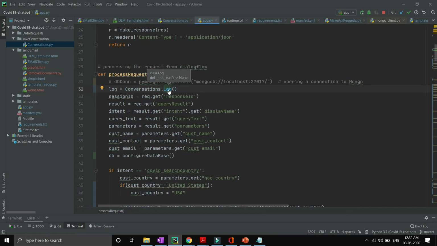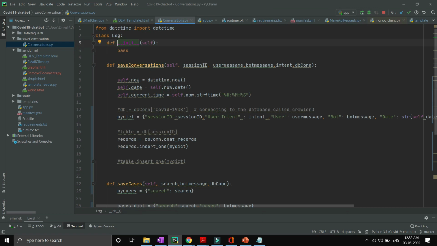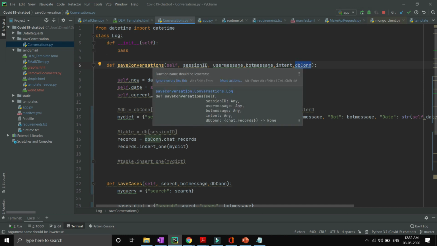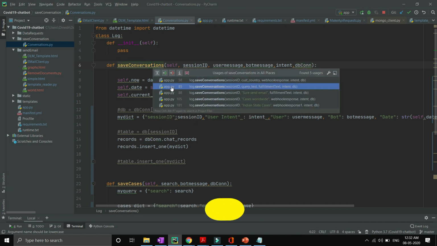Okay, and then inside the log class I have created a method save conversation, which is responsible for saving the user and bot conversation. You will see that it is taking session ID, user message, bot message, the intent of the user, and DB connection. So what is DB connection? DB connection is basically the MongoDB client which we have created through the URL just now.